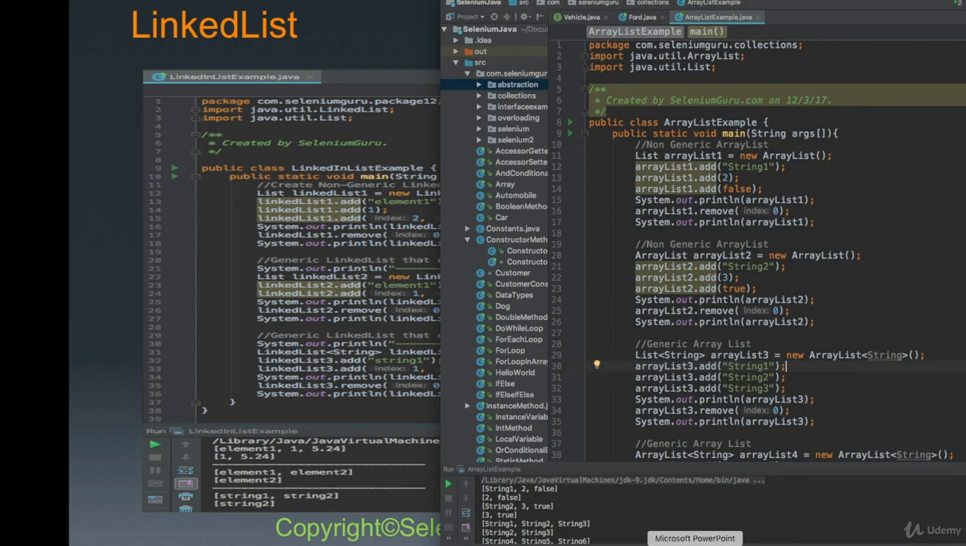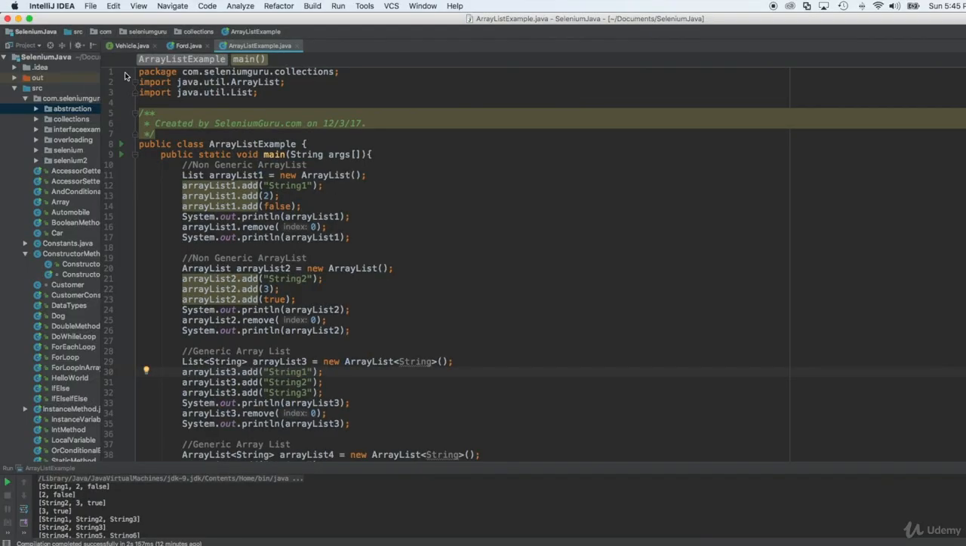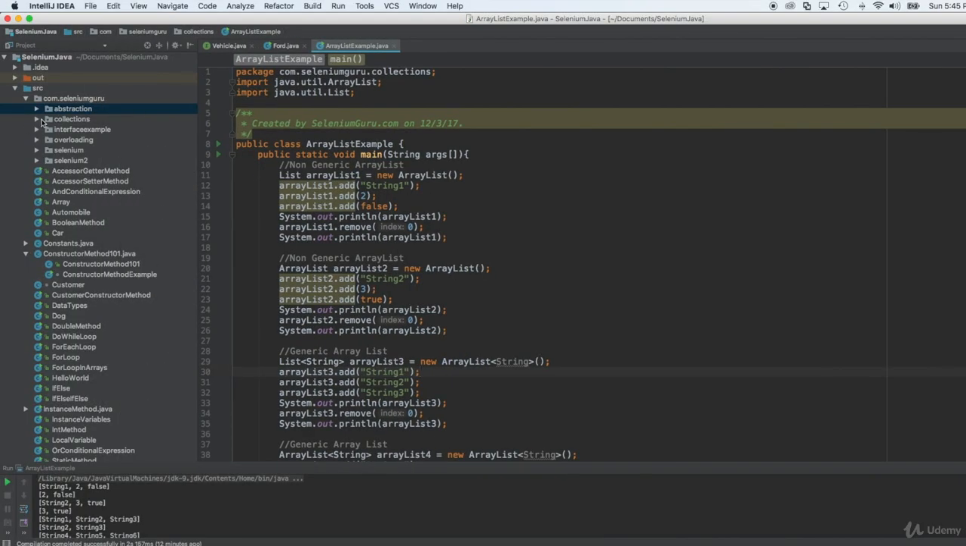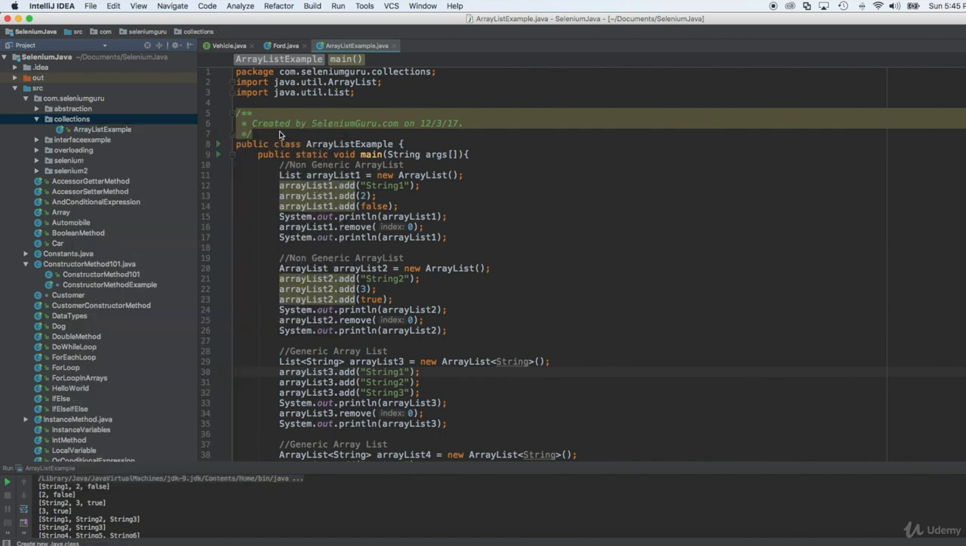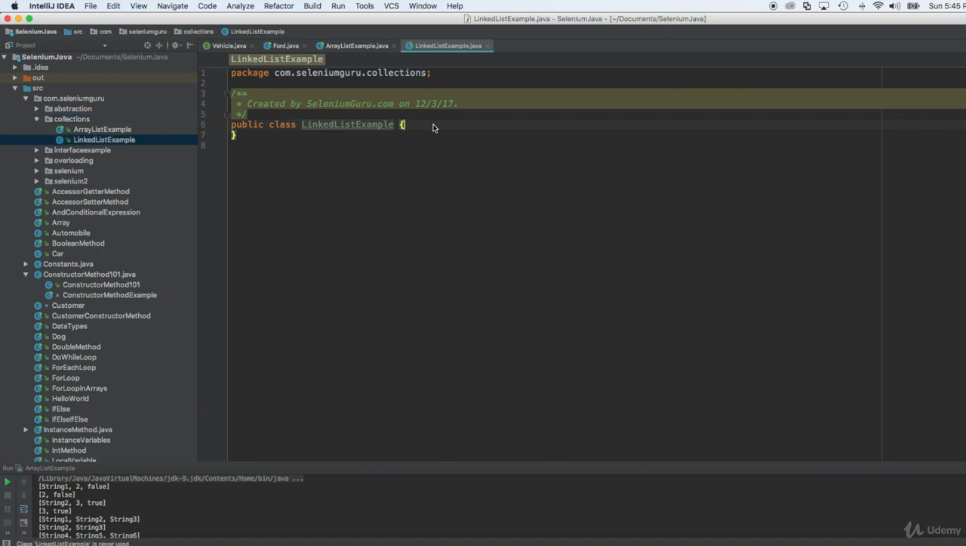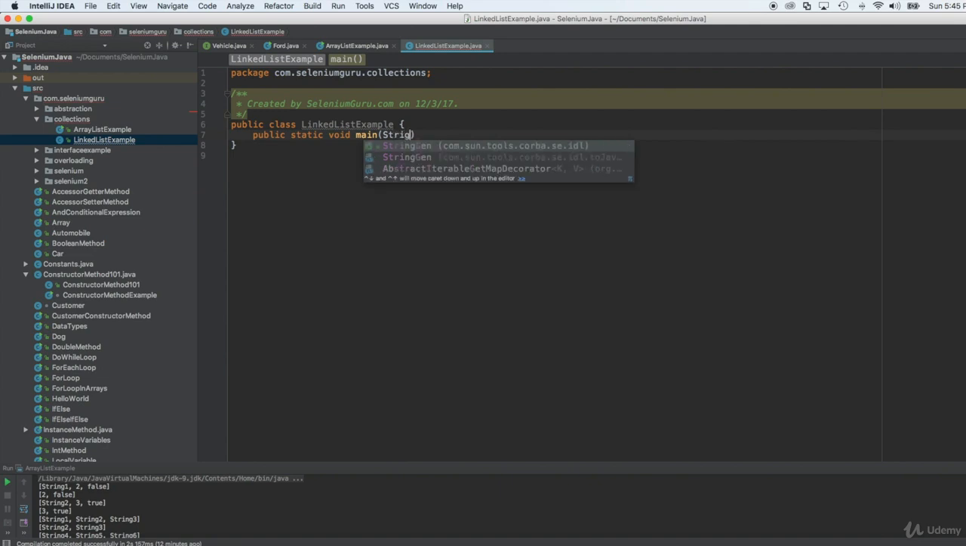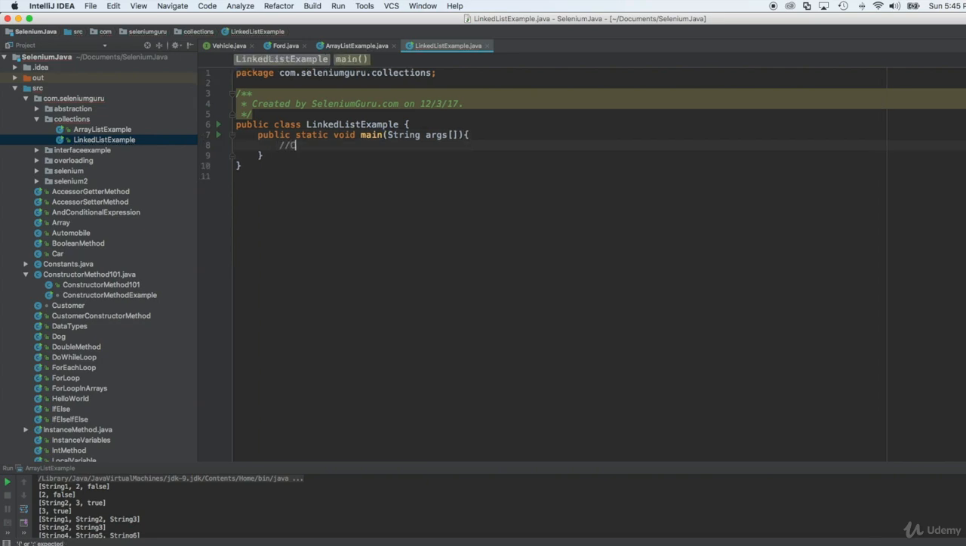Well, let's go to IntelliJ in here, and I'm actually going to expand this one now, and I actually create a linked list in here. I'm going to do LinkedListExample. So in here, I'm actually going to do public static void main String args. Alright, so in here, we're going to create a non-generic linked list. Alright, so first, I'm going to do linkedList1 equal new